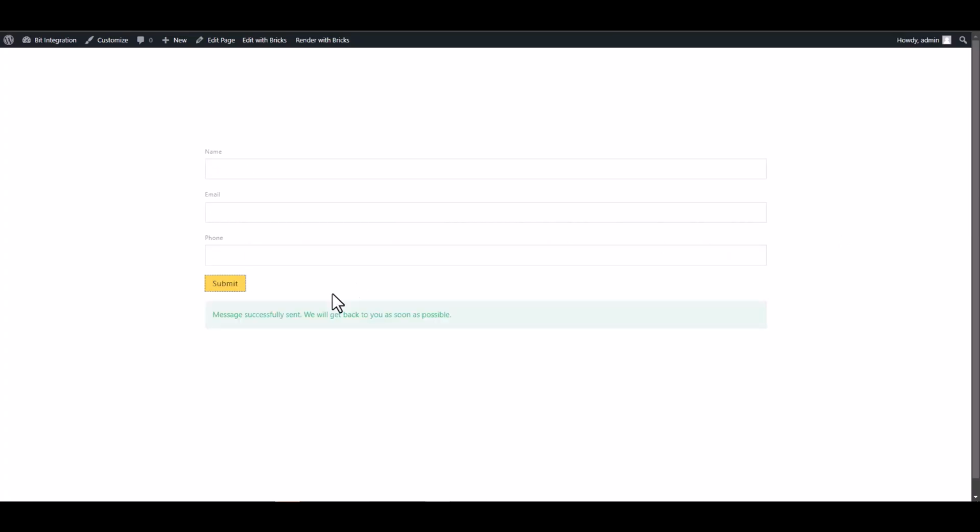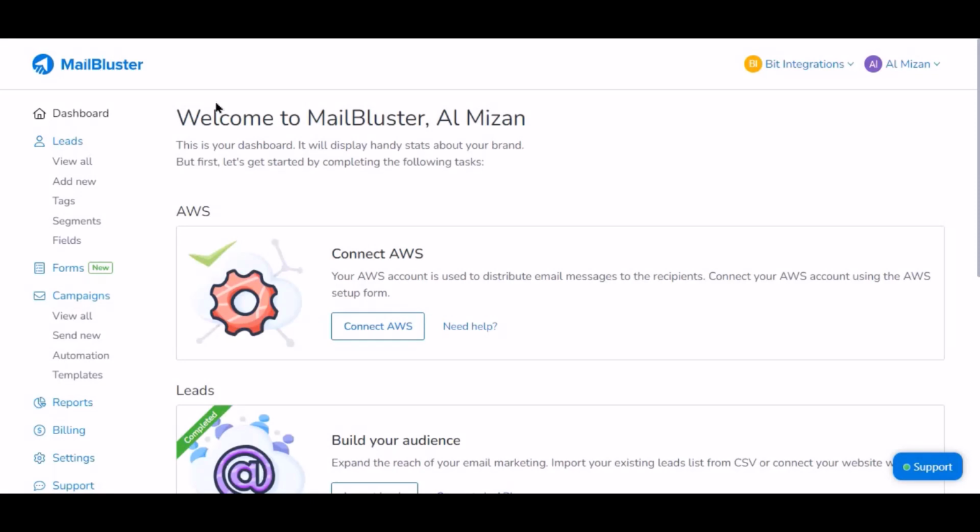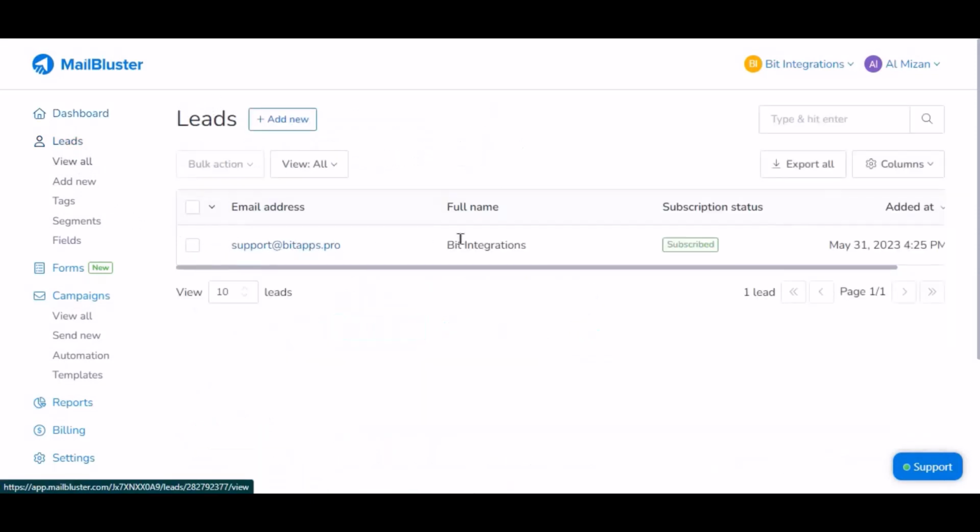Submit the form. Now navigate MailBluster dashboard and click the View All under Leads. Here is the data that came into